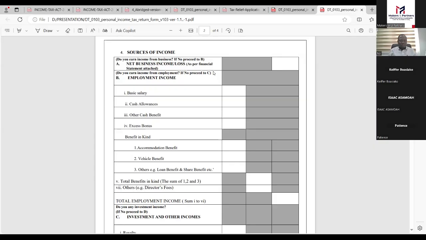So if you take a typical corporate organization where we have an accountant there, is it the case that the accountant should do it for the staff?